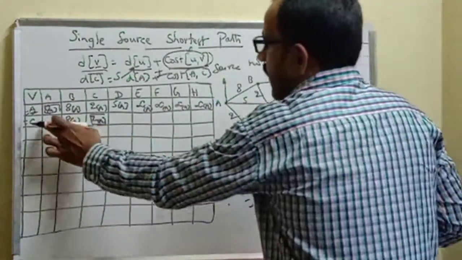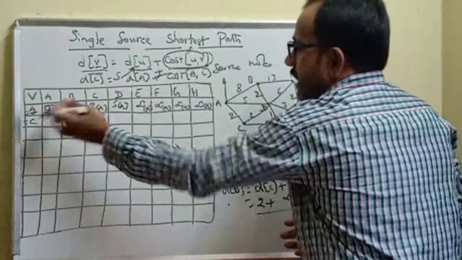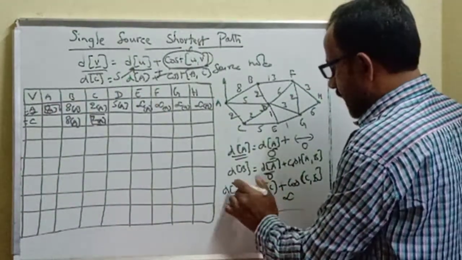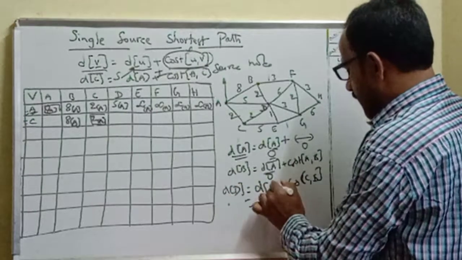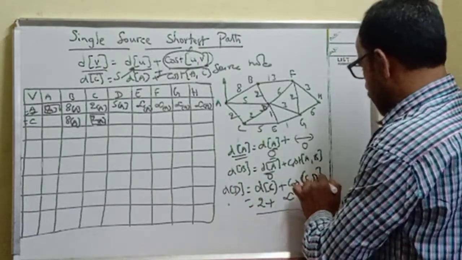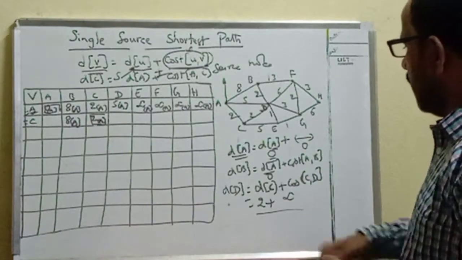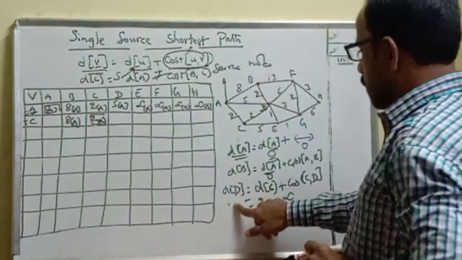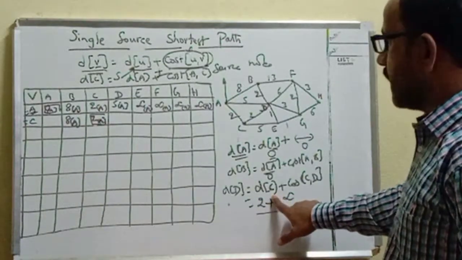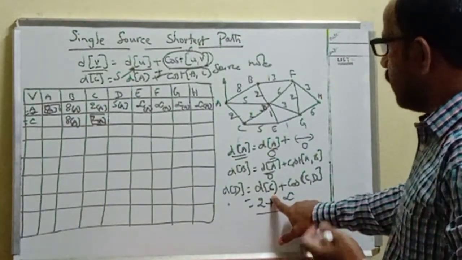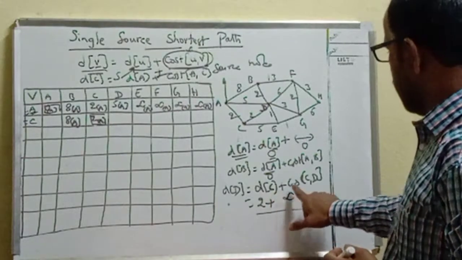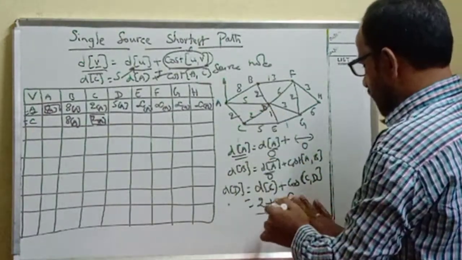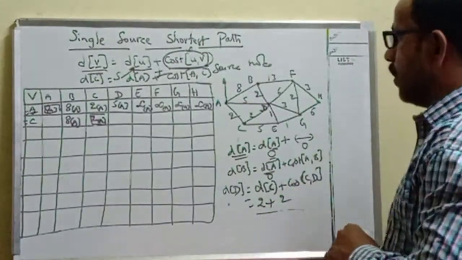Okay. So like that, calculate the distance of D by considering C as the intermediate node. Next one is the distance of D. Still we are at C. Cost of C comma D we are supposed to write. So distance of D equals distance of C, meaning distance from the source node to node C, plus cost of C comma D. Is there any direct edge between C and D? Yes, there is a direct edge between C and D. What is the cost? 2 plus 2, 4 units.